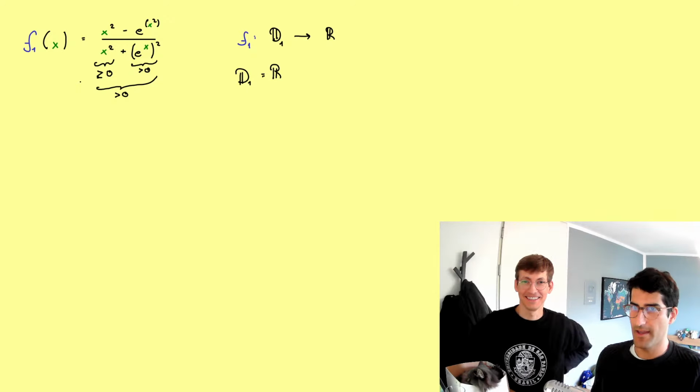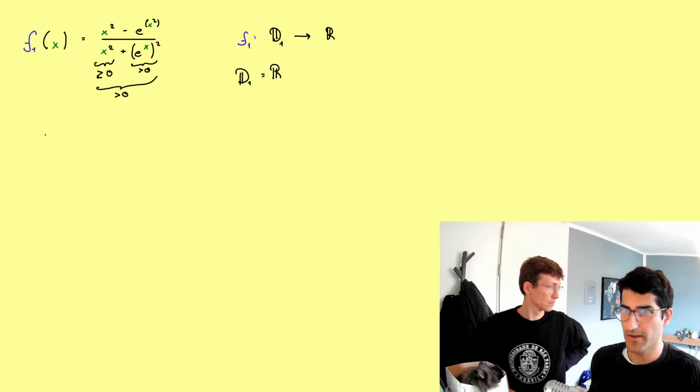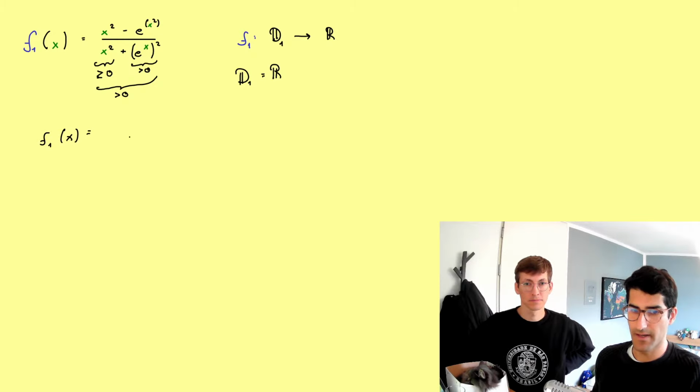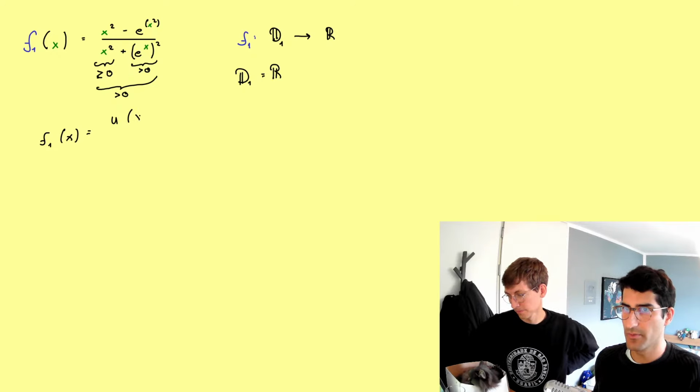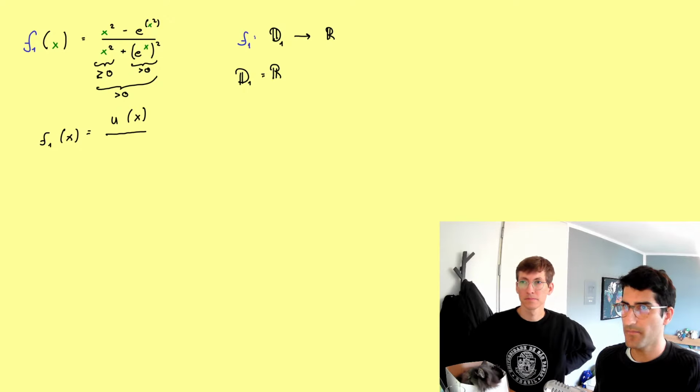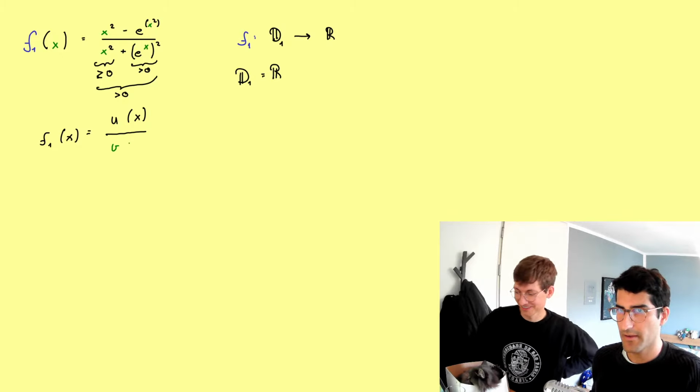Indeed. And now we want to calculate the derivative, and the rule that pops into my mind when I see a quotient like this is the quotient rule. So let's recap that quickly, because we need some preparation to calculate it. Let's say f1 of x can be written as a function u of x for the numerator, divided by, let's use another color here, v of x